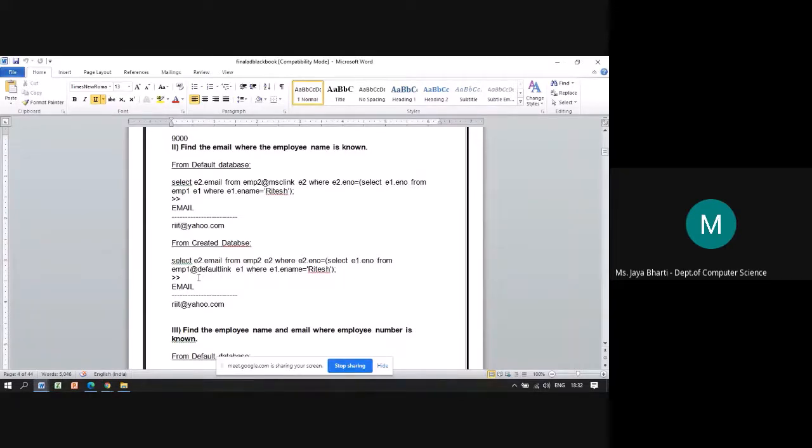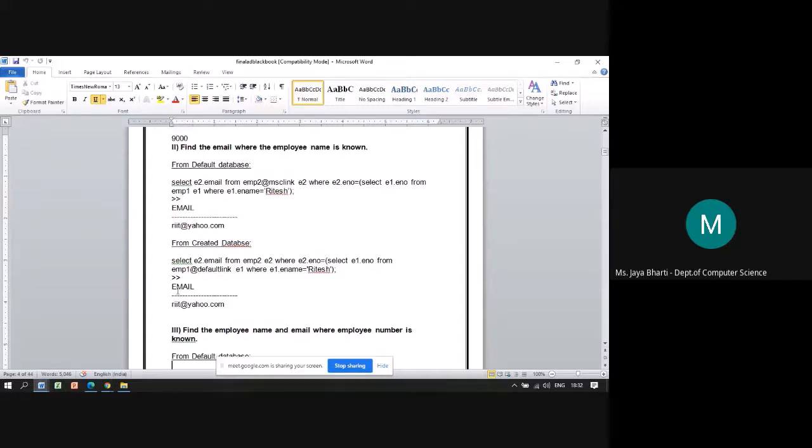So the user who is giving a request is least bothered about what is happening inside or how that query is getting processed, as long as he is getting the correct results from the database. That is transparency, basically. The user is unaware of the internal processing of the system as he is getting the result properly.